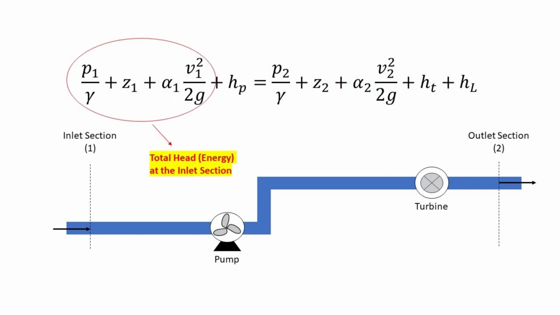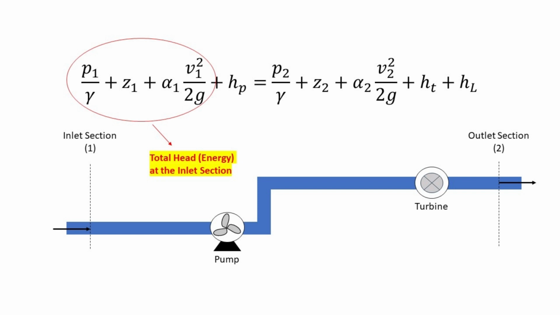Summing up pressure head, elevation head, and velocity head at section 1 altogether derives the total head at section 1. This is the total energy conserved in the flow at the inlet section. This initial energy is subject to increases and decreases as the fluid flows through the pipeline, passing through pumps and